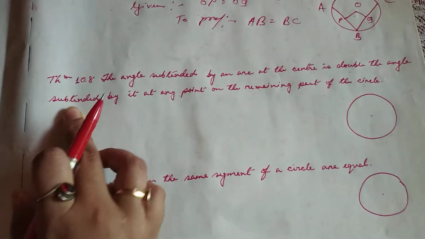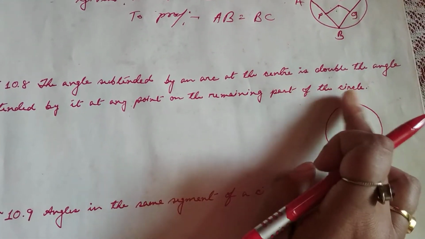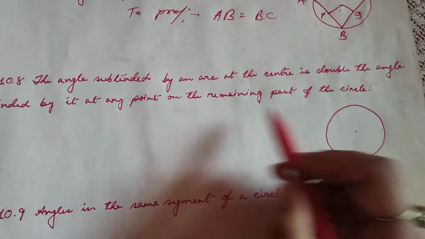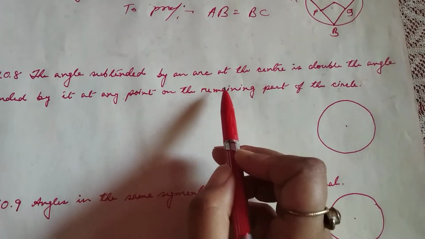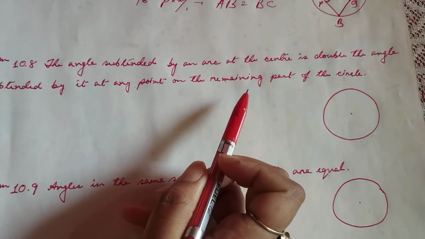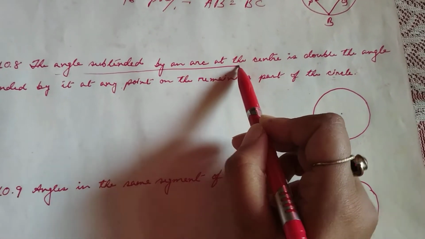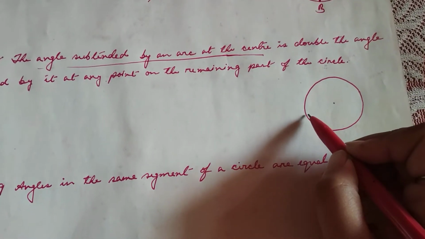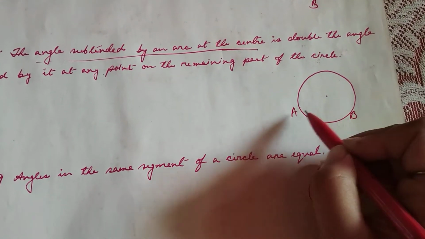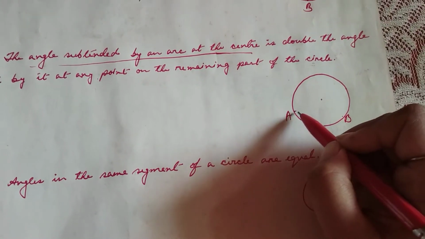Okay, so then moving on to theorem 10.8: the angle subtended by an arc at the center is double the angle subtended by it at any point on the remaining part of the circle. So angle subtended by an arc at the center. Okay, suppose let us take this arc AB, minor arc, with these points A and B. You have already studied minor arc and major arc. So suppose this minor arc